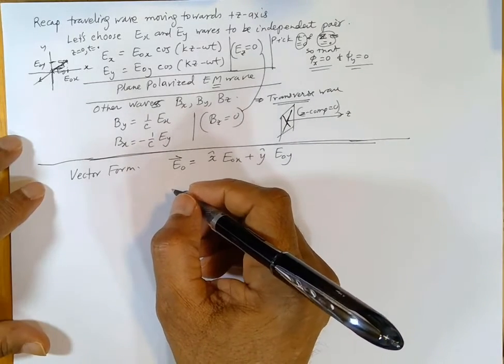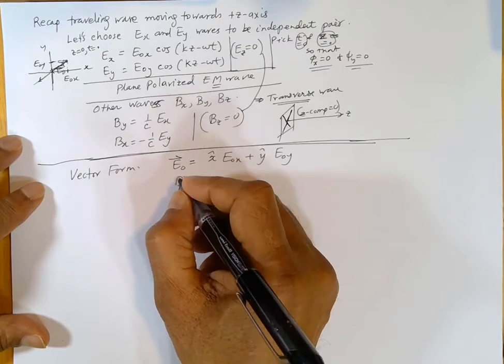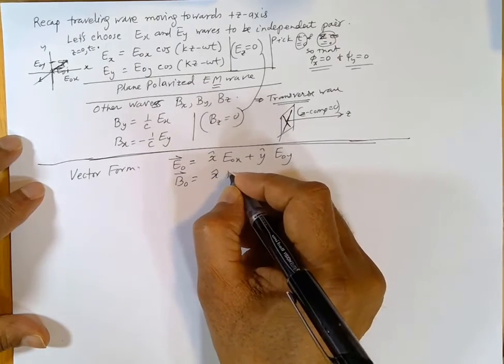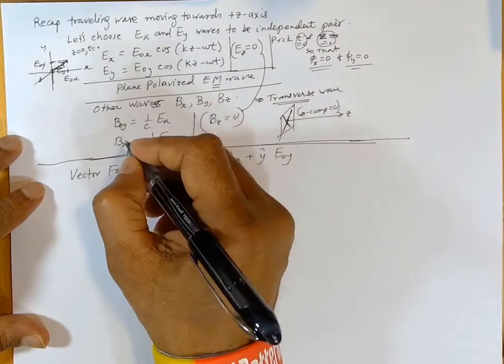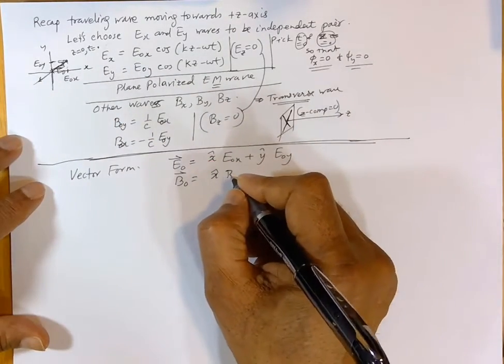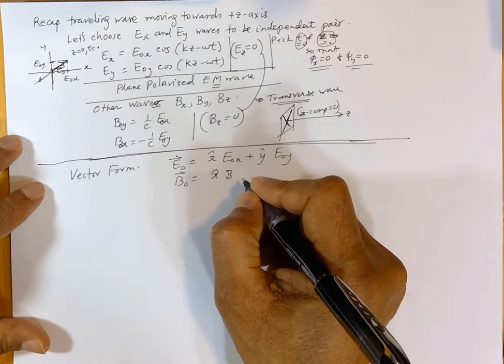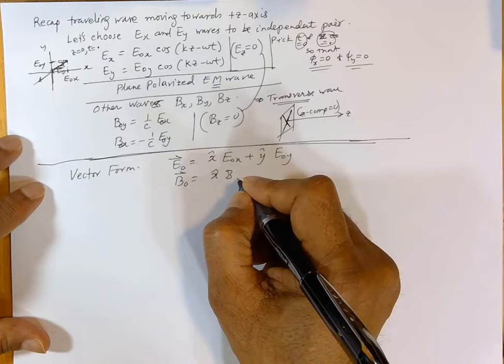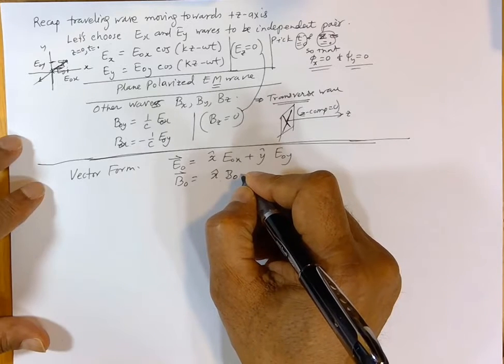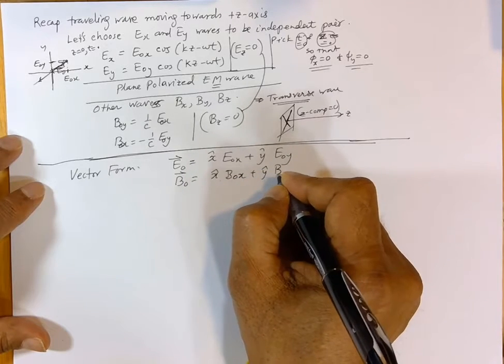And then I can write B0 as x hat B0x plus y hat B0y,